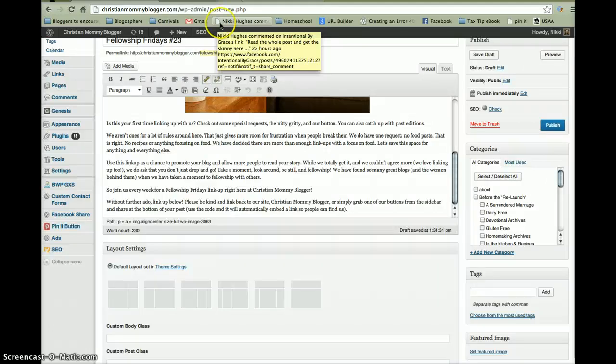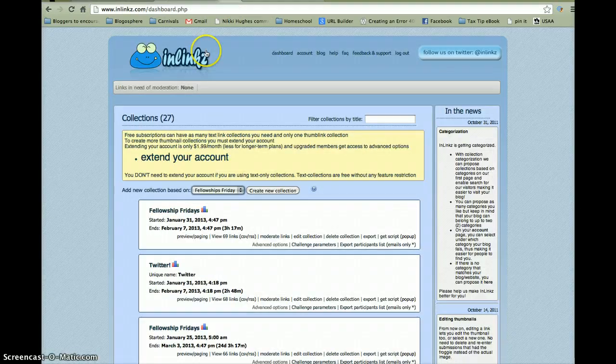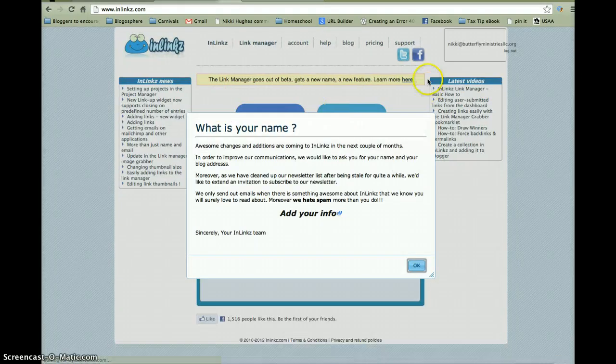And I'm going to do this by showing you InLinkz.com. I'm in the dashboard, which means I've already set up an account and logged in. It's a free account. If you want to be able to have pictures show up on your site, a little thumbnail for every link, you would have to pay. But for just doing the basic link up with the words, like we do on Fellowship Friday, all you need is a free account. So once you log in,